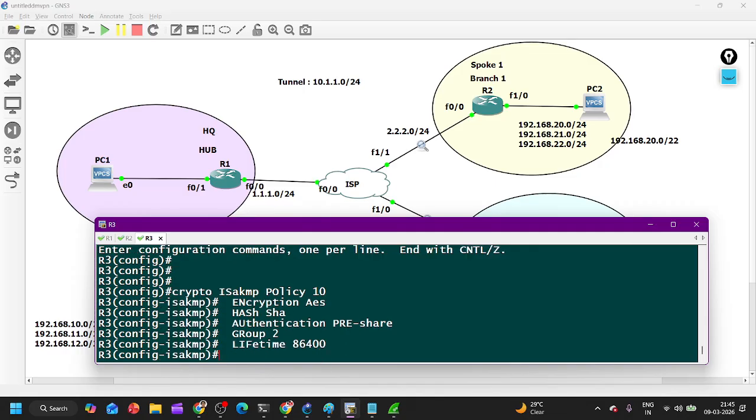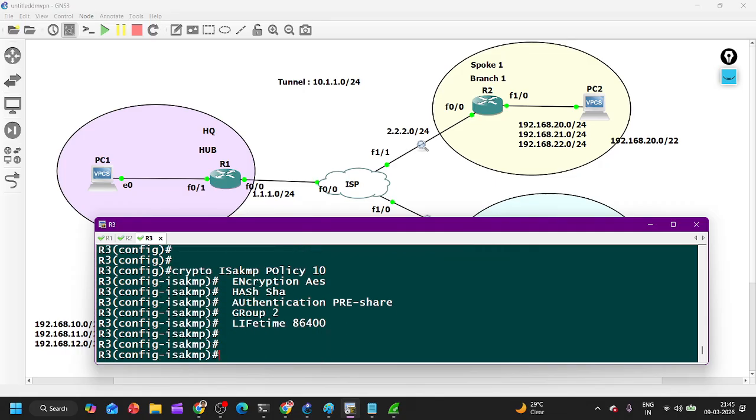This is the IPsec SA, security association. My encryption algorithm is AES. Hashing algorithm is SHA. Hashing provides integrity. Encryption means it will change the text into ciphertext. And pre-share is going to authenticate the peer. Group is the Diffie-Hellman group, if anyone knows the Diffie-Hellman key number. And